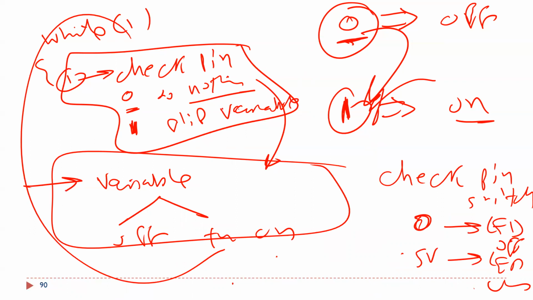Continuous in the while loop. Again, my advice to you guys is that you can start with my programs first. You have the software, you have the board, you have all my programs. I'm sure they are working. You can start with these programs, understand them, and then you can modify them to do